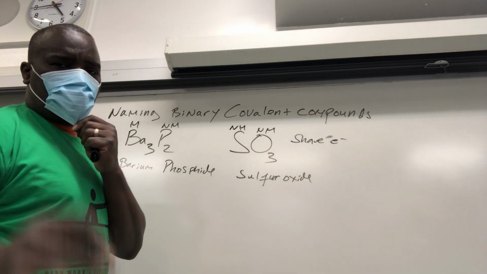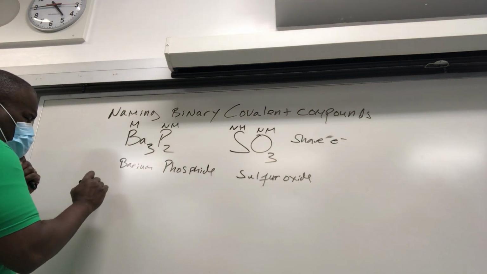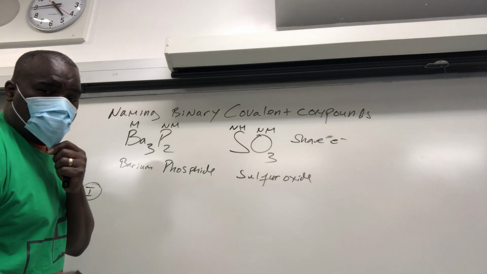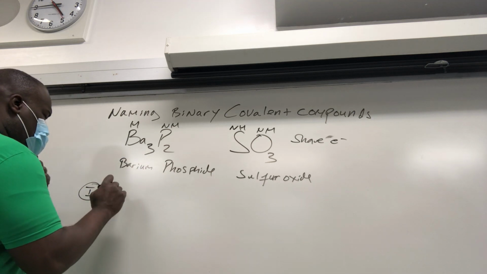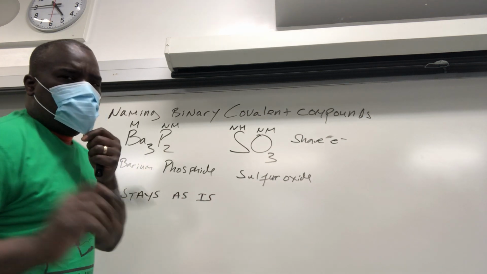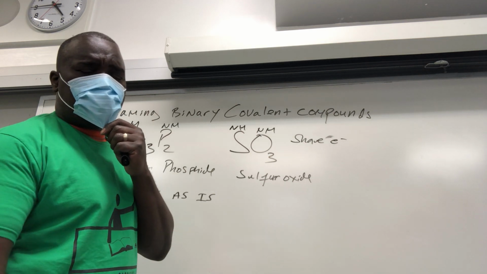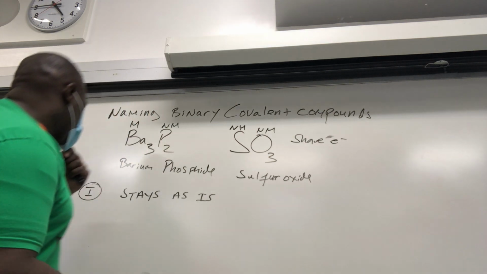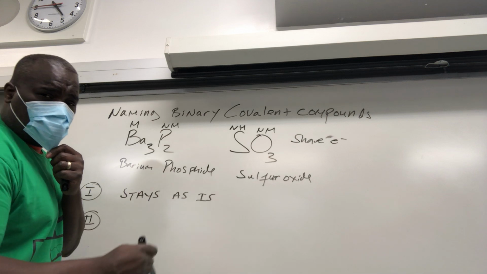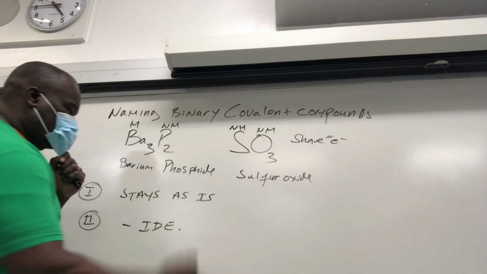We have to follow some rules before we start jumping to naming them. So here are a couple of rules. Number one. The first guy in the name of the covalent compound stays as is. The only modification that you put in front of it is a Greek prefix, like if you have 2 or higher. Rule number 2, the second guy in the binary covalent compound gets an ide ending,